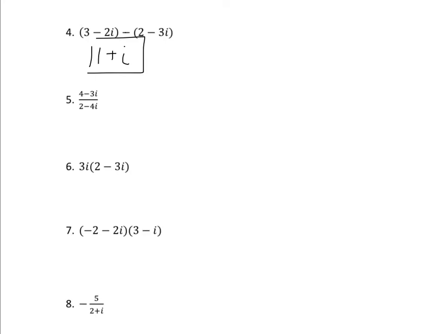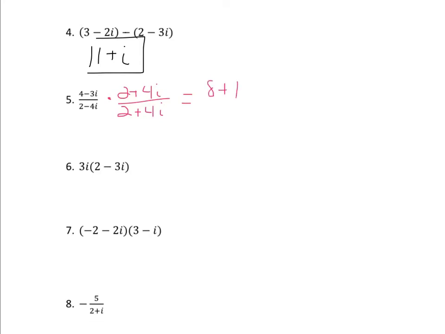Now we get to the crazy conjugate things. Since we have this i in the denominator, we need to multiply both top and bottom by the conjugate of the denominator. So 2 plus 4i over 2 plus 4i. We have to FOIL the top and the bottom. So we FOIL the top. We're going to get 8